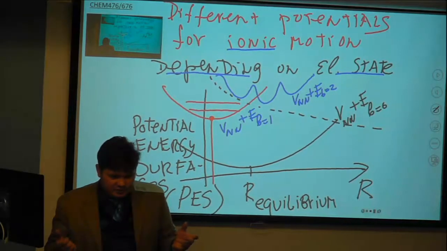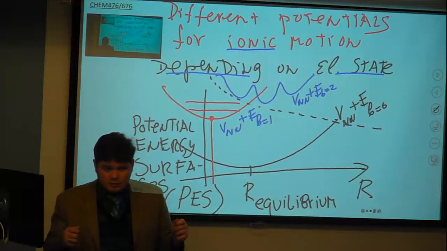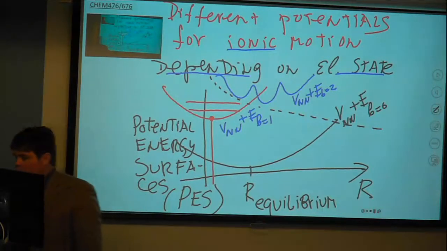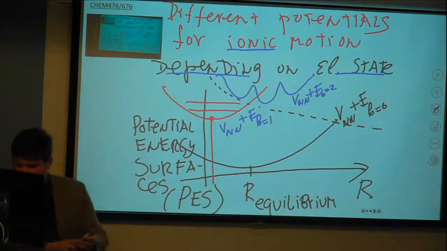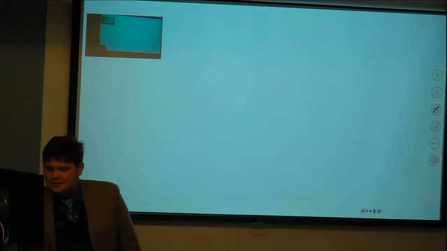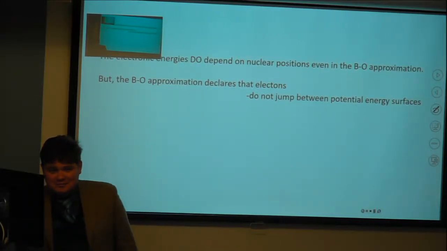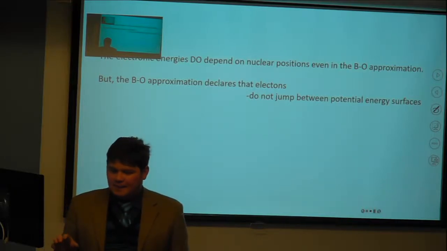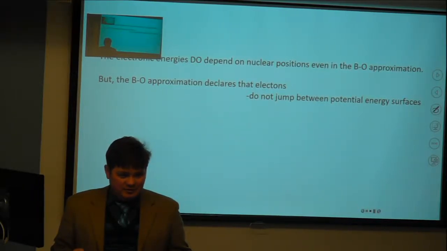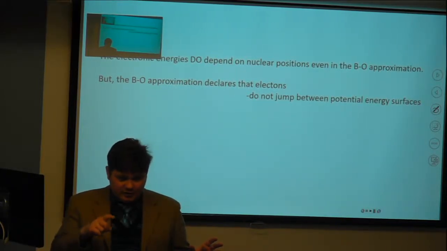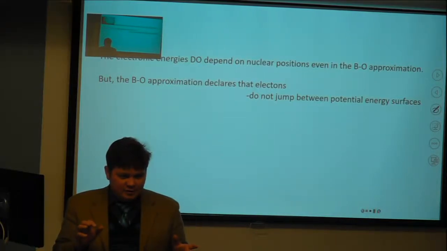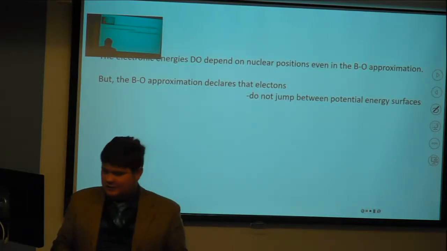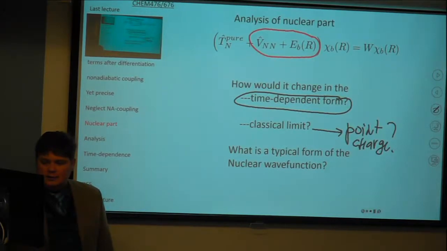Potentials and interatomic forces that ions are experiencing depend on electronic state. Not bad. I told you at the beginning, so you cannot catch me. I never told that electronic and nuclear degrees of freedom are completely decoupled. They have connection through this E sub B of R term, right? Through their contribution to the potential energy surface. Born-Oppenheimer approximation tells that we do not have jumps between the states. And